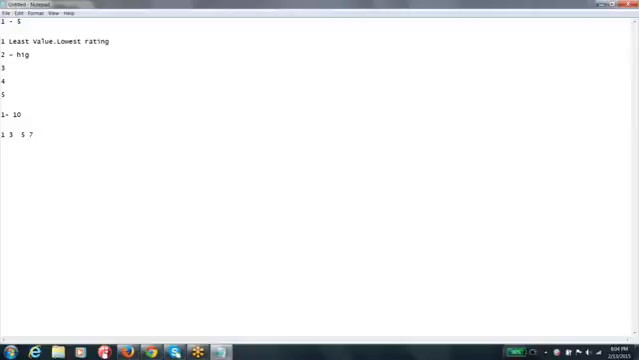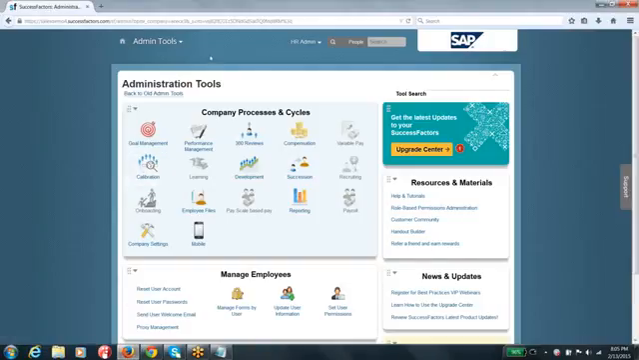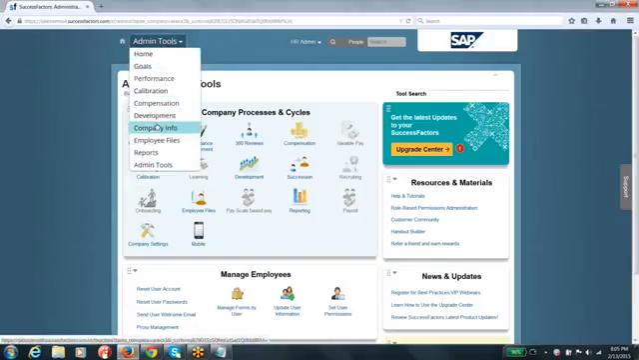So where you are going to configure your rating scales, I'll show you how you are going to use this in your performance and goal management module, guys. First thing, in order to configure a new rating scale or to see the existing rating scales, you have to go to your